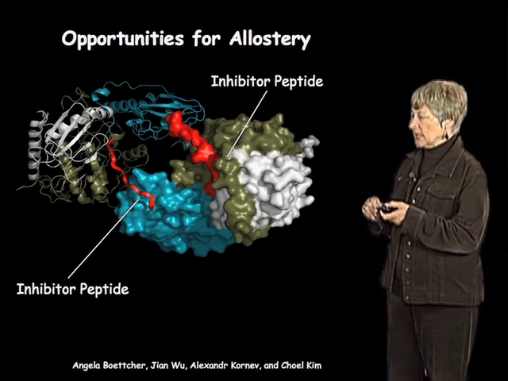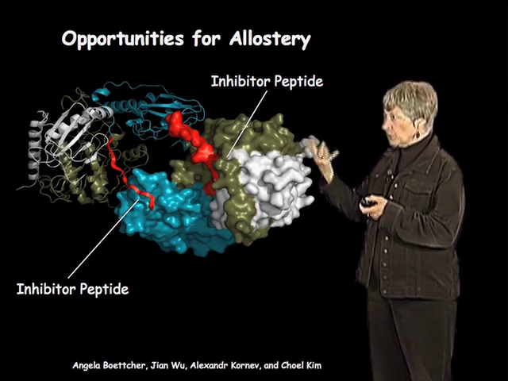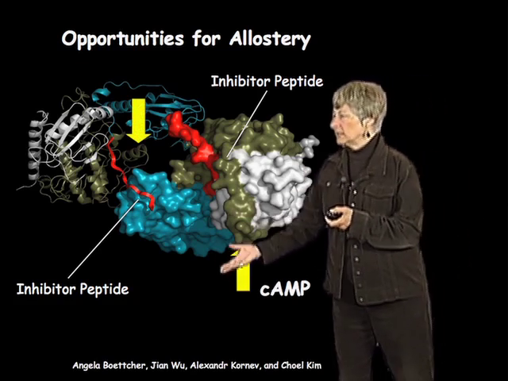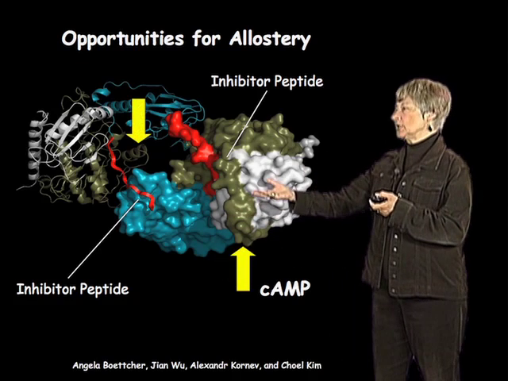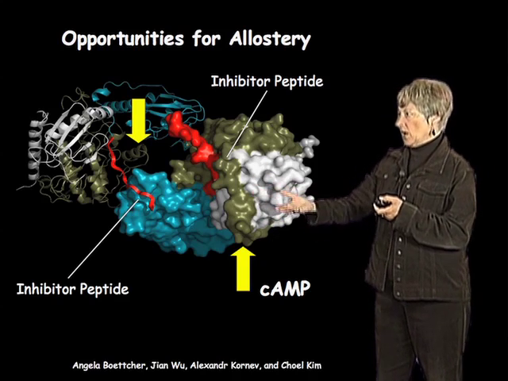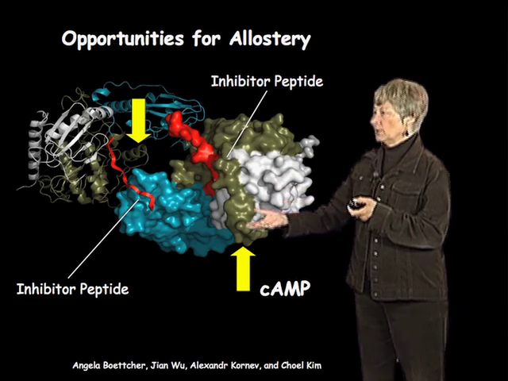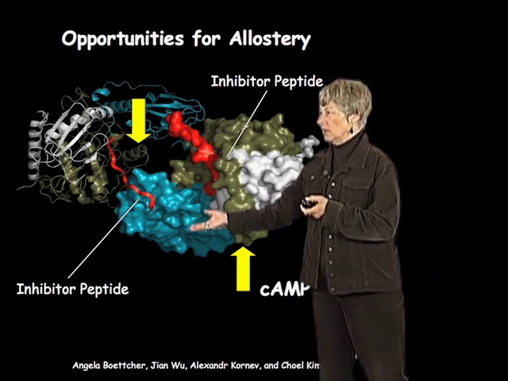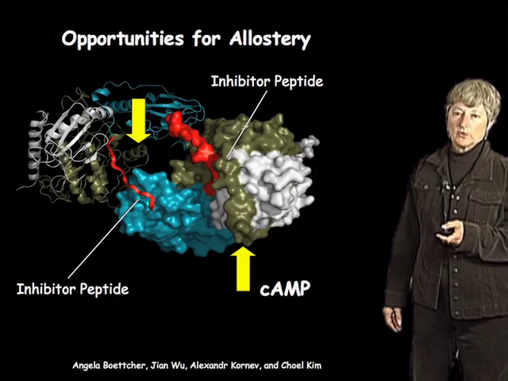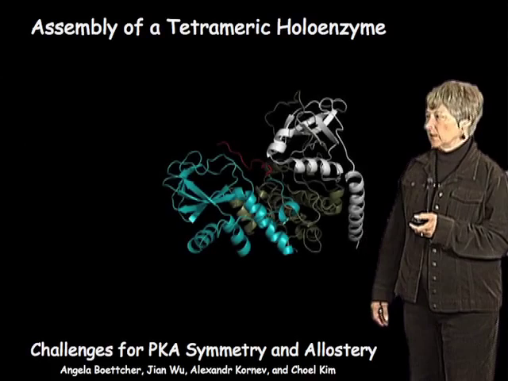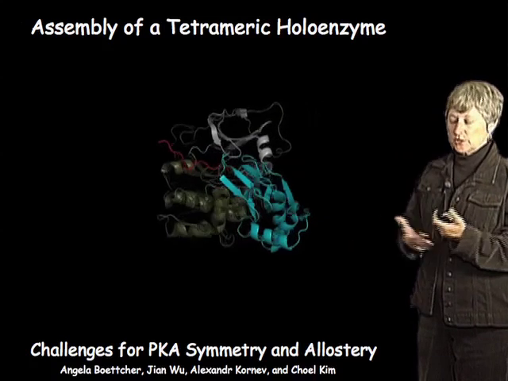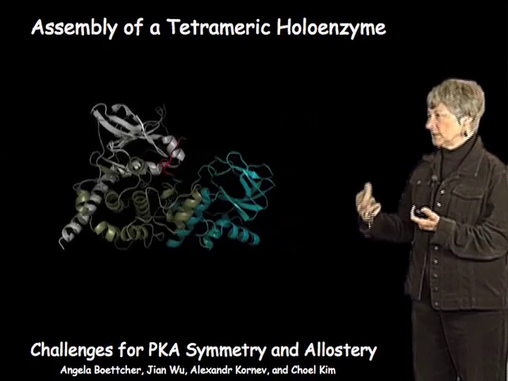You have the inhibitor peptide docking to both of the symmetry-related dimers, and then cyclic AMP binding. When it binds to this domain, it's going to unleash that inhibitory peptide from its own bound catalytic subunit. But you can see how it also has the potential to have an allosteric effect on releasing the inhibitor peptide that's bound to the other heterodimer. So this is very, very exciting for us. And although we obviously need to do the structure of the full-length holoenzyme and validate this,